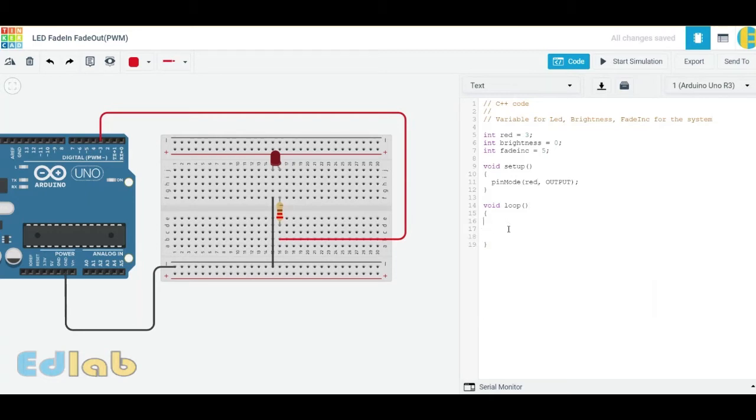Now we want to create the main program in which we send the analog signal. To send the analog values to our outputs, we use analog write. First of all we will send the analog value brightness.